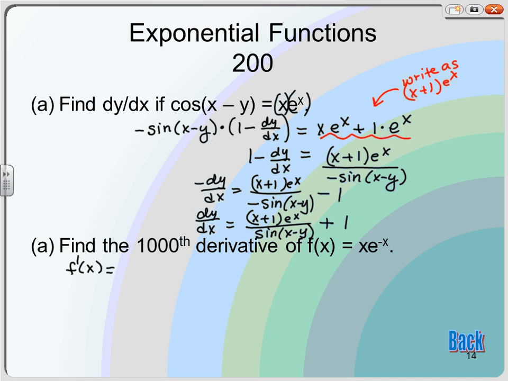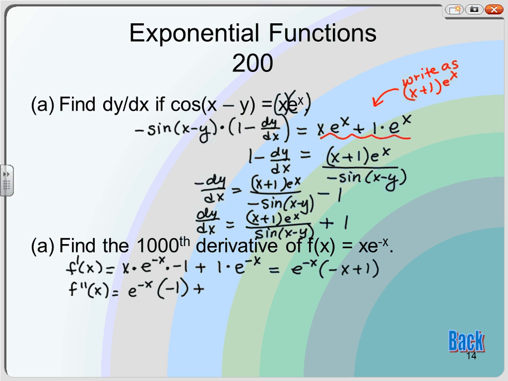x. So f prime of x, first times derivative of second, so e to the negative x times negative 1, plus derivative of first is 1, times e to the negative x, keep it normal. So I'm guessing there's some kind of pattern. So we're going to pull out an e to the negative x. When I do that, I have negative x plus 1 left. And we'll find our second derivative. That's first, e to the negative x, times derivative of the second, so derivative of negative x plus 1 is negative 1,